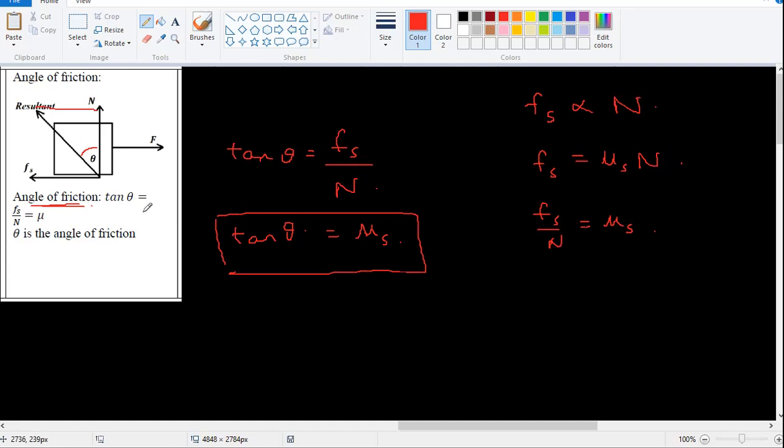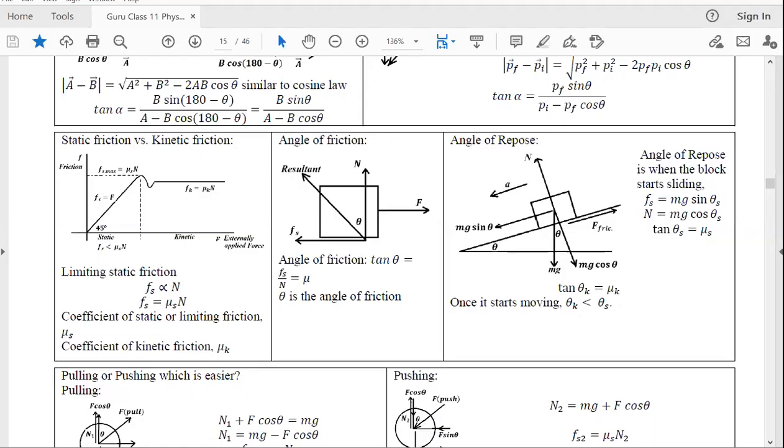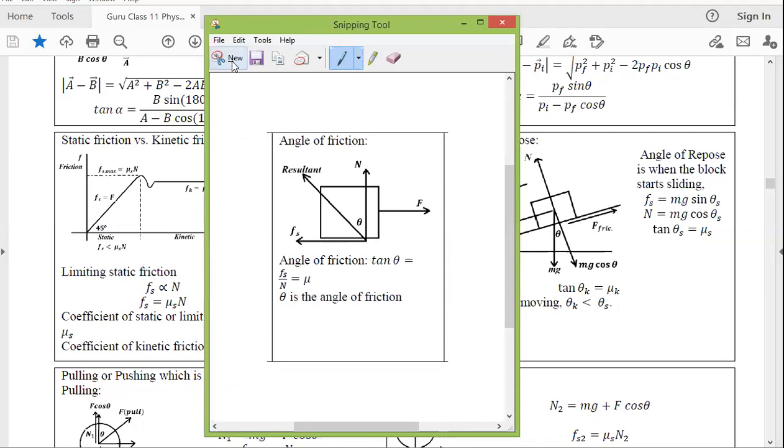Any questions? As you do some more problems, I think it will make more sense. For now, take this down, or if you have your handbook, just make a note. Whatever is missing, you can take it down. I'm assuming it's easy. If you have any doubts, please stop me.